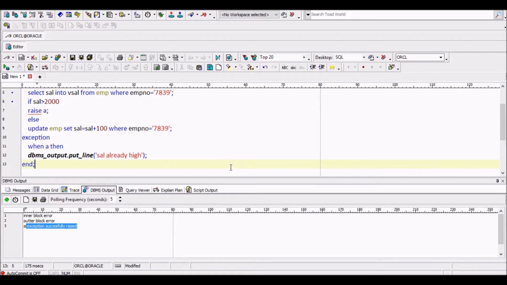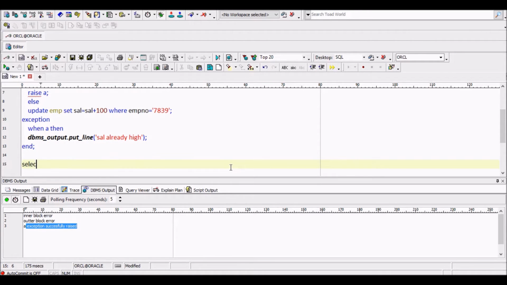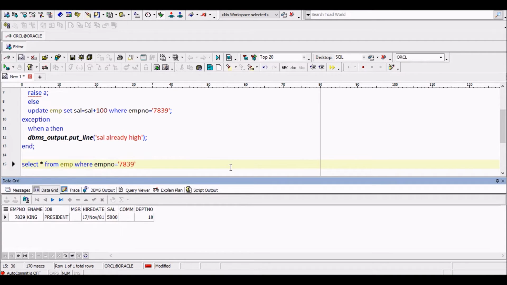So before executing the program, let us check what is the salary of the employee with empno 7839. Okay, his salary is 5,000.